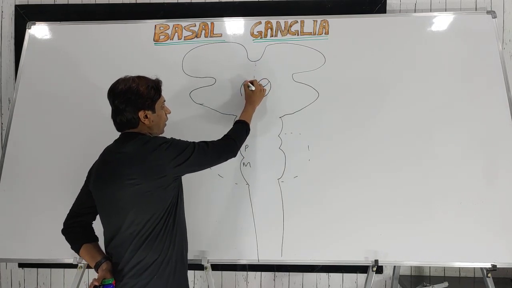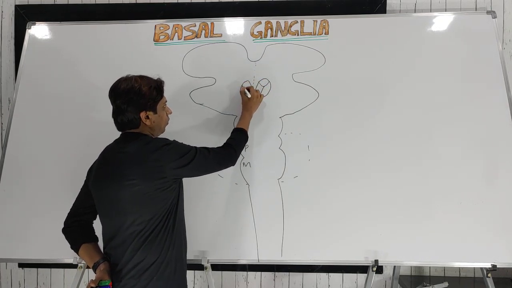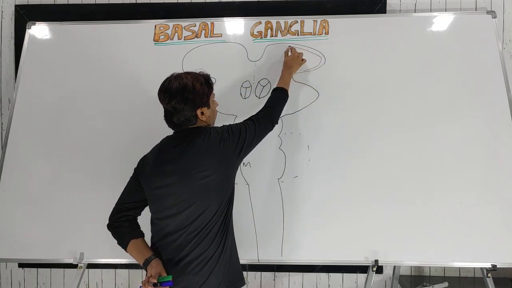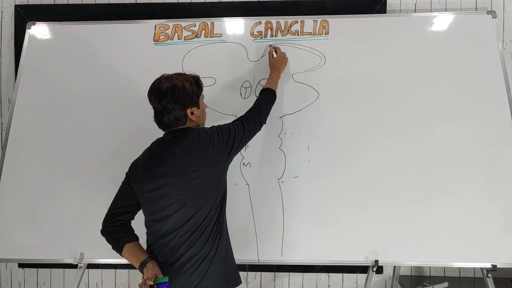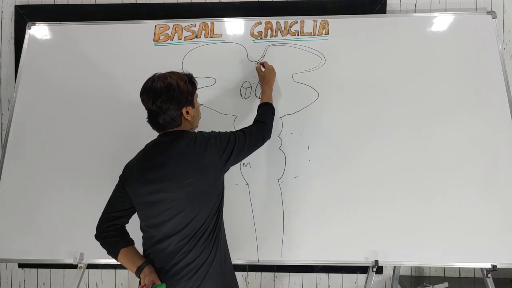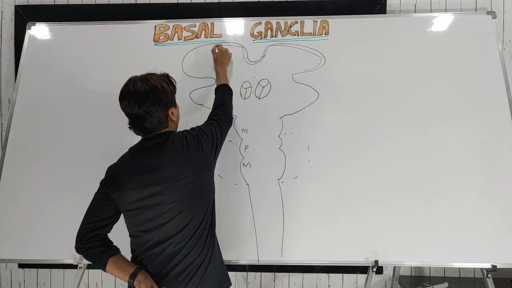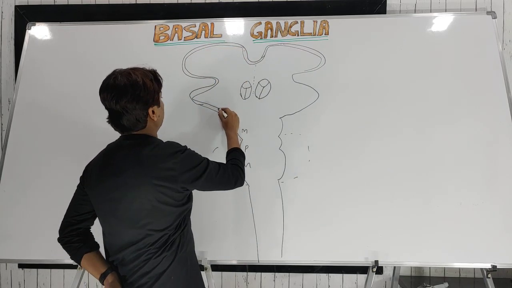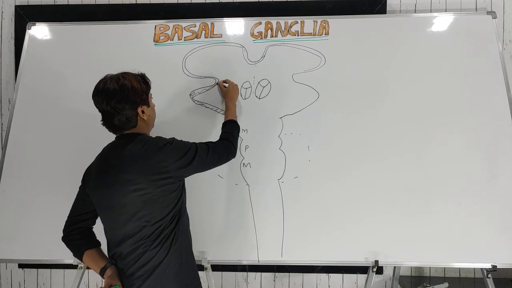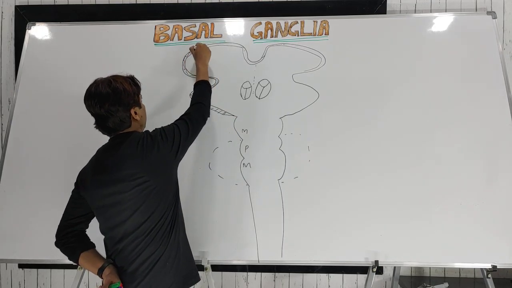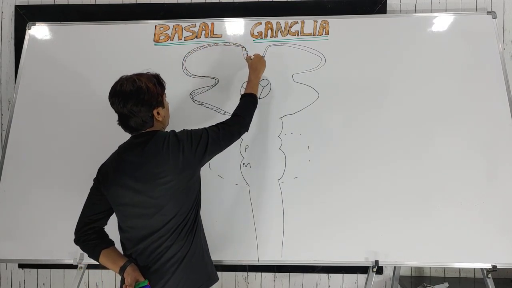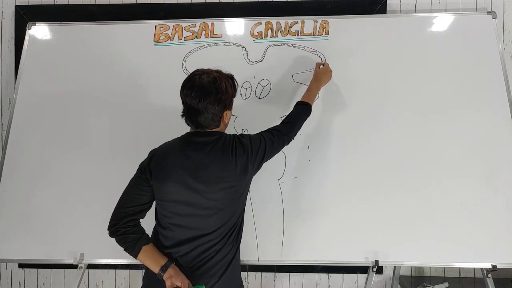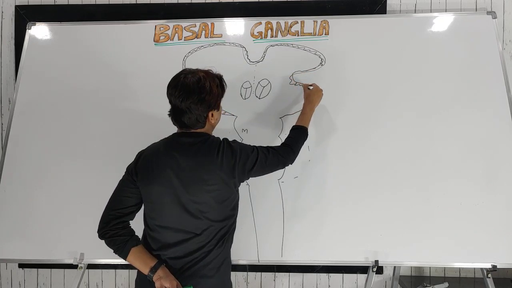The thalamus is again a nucleus. On either side of the third ventricle there is the thalamus. Oh sorry, this is the cerebral cortex. In that we have the motor area, that is the motor cortex. This cortex is again made up of gray matter, where there is a collection of neuronal cell bodies. So the gray matter consists of the cerebral cortex as well as the nuclei.